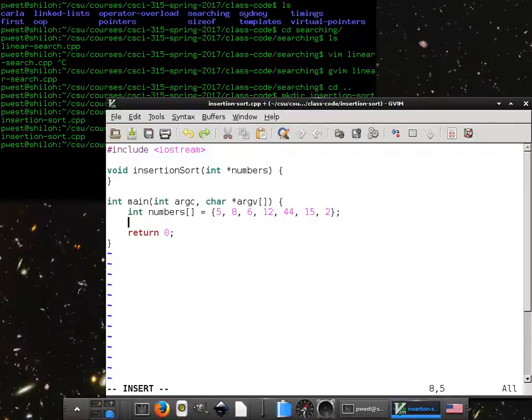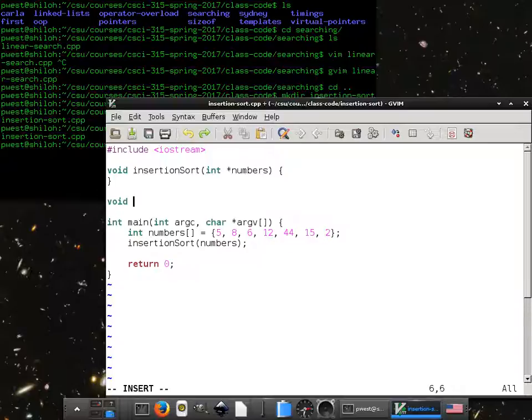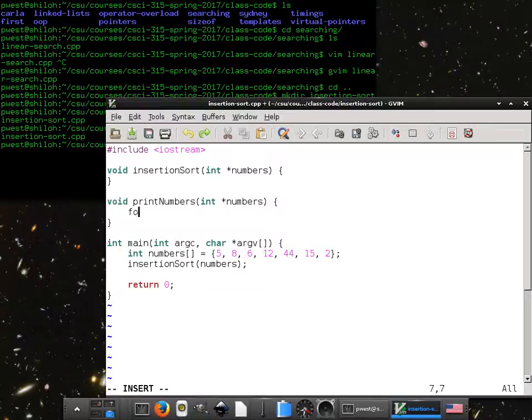All right, and then we want to run insertion sort on the numbers, and then we probably want to print them out, right? Yeah. All right, let's go ahead and make a print function. Void print numbers, int star numbers, for int i equals 0, i is less than